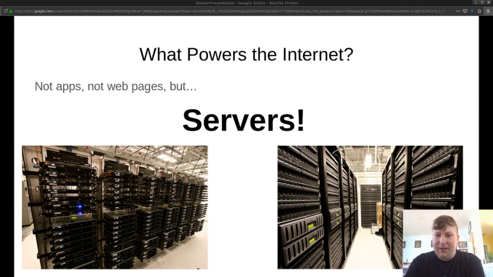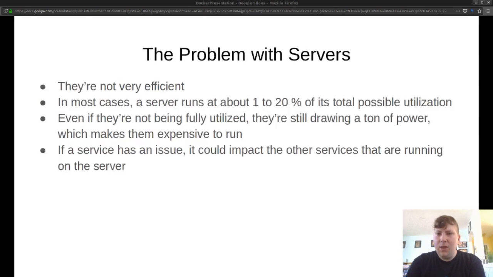But despite their kickability, there is a problem with servers. There's actually a few problems with servers. For starters, they're really not all that efficient. Could you imagine if we had to have a great big physical server for each and every application or service that we wanted to run? Data centers would be a whole lot bigger, and they're already pretty big. So let's assume that you're running one application or one service per server. It would probably run somewhere between 1 to 20% of the server's total utilization. Most of the time, it would be idle if it's not doing anything,